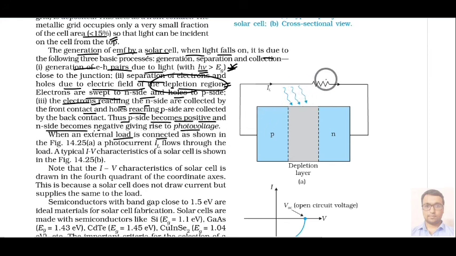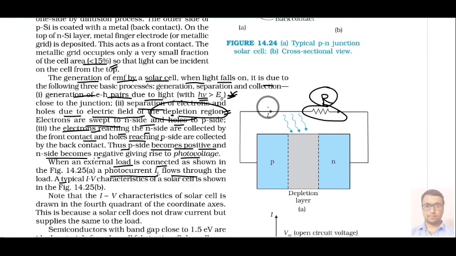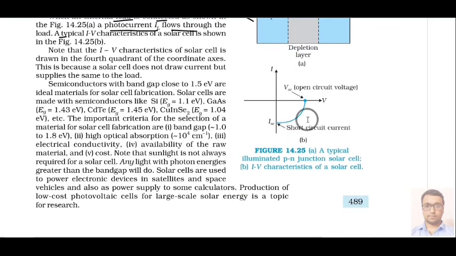External load means we will apply some external resistance, for which we will try to get our photocurrent. So photocurrent will flow through a load. The direction of the load current will be the direction of the holes basically, which are collected toward the p region. So due to the flow of holes, our direction of current will be decided. And then the VI characteristics are given here, that is the current versus voltage graph.